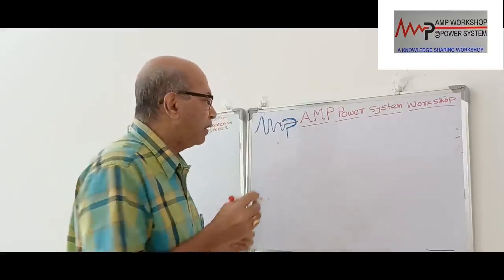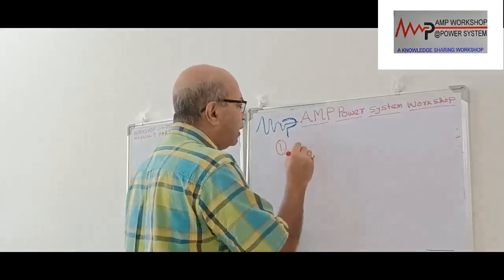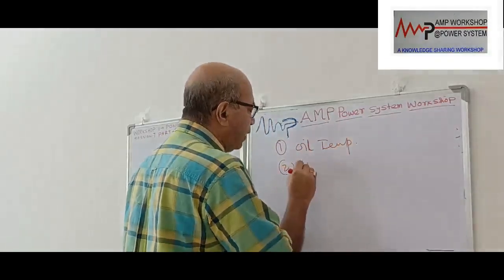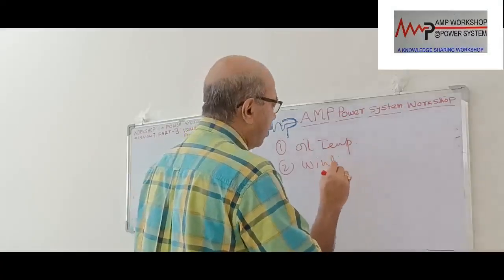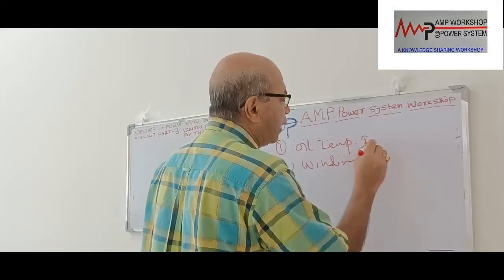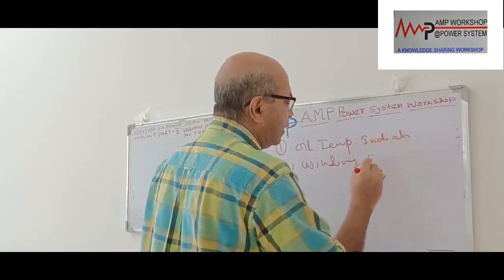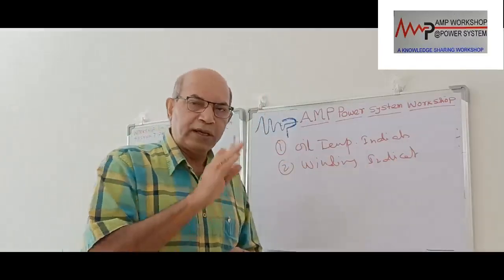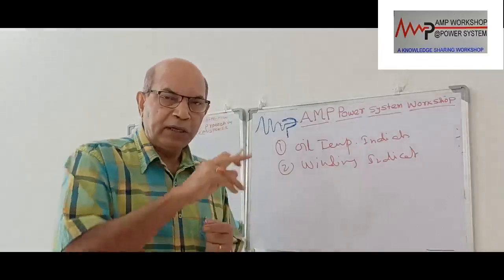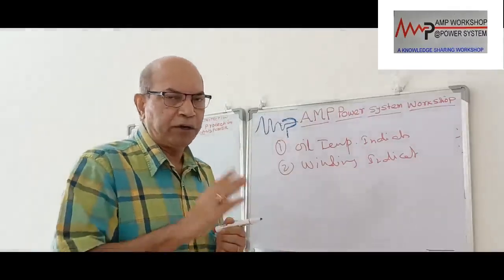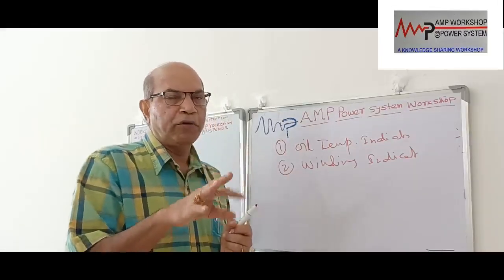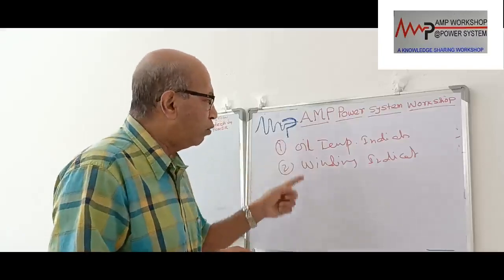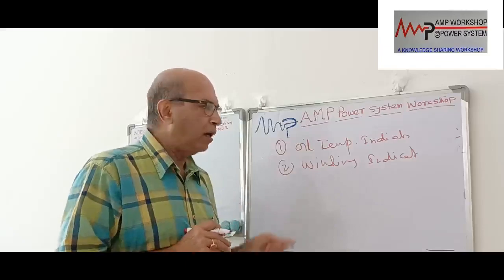Now we have seen there are two devices installed in the transformer. One is, in case of an oil transformer, the oil temperature indicator, and number two, we have the winding temperature indicator. These are the two gauges or indicators we have provided. This indicator has a dial with a rotor with a pointer, and there is a contact on the back side of the shaft or pointer. When the pointer moves to a certain position, it makes some contact, a normally open contact to a closed contact, or a closed contact to an open contact. So these are the two indicators we have already seen installed on the oil filled transformer.